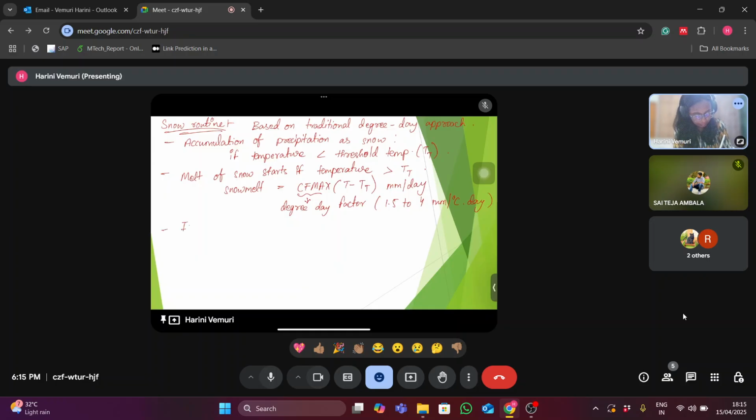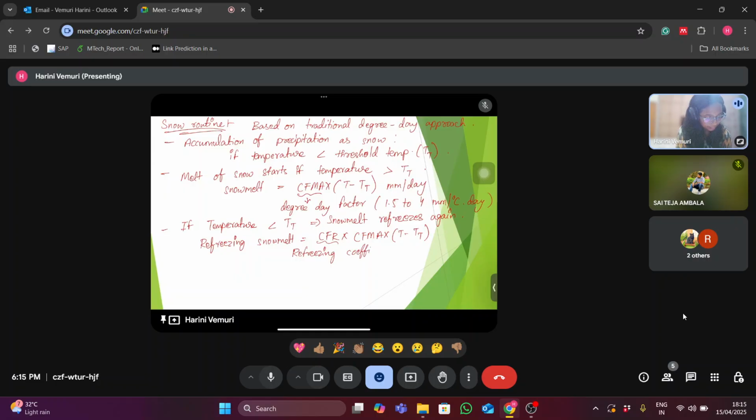Then if temperature is less than TT, this means whatever snow that is melted refreezes again. Okay. So when we have to calculate the refreezing, snowmelt is equal to CFR into CFMAX into (TT minus T). So CFMAX is the degree-day factor and CFR is the refreezing